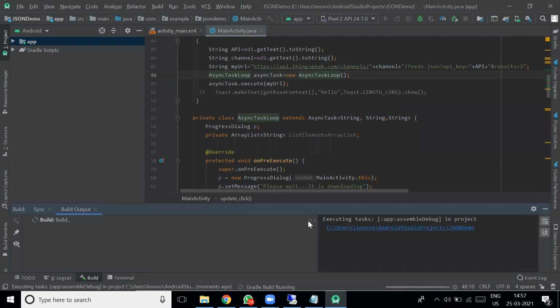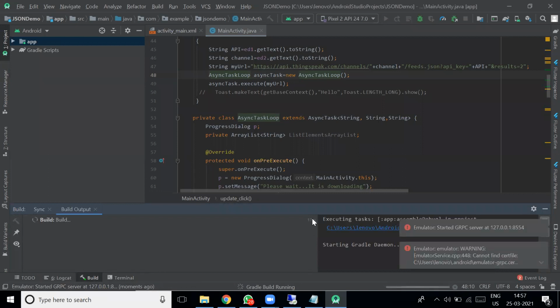To understand this Android application development, you must know a little bit of Java coding, then only you can follow this code, I think.